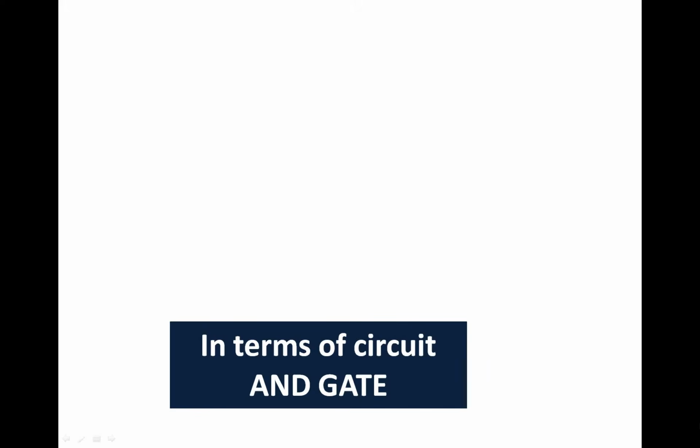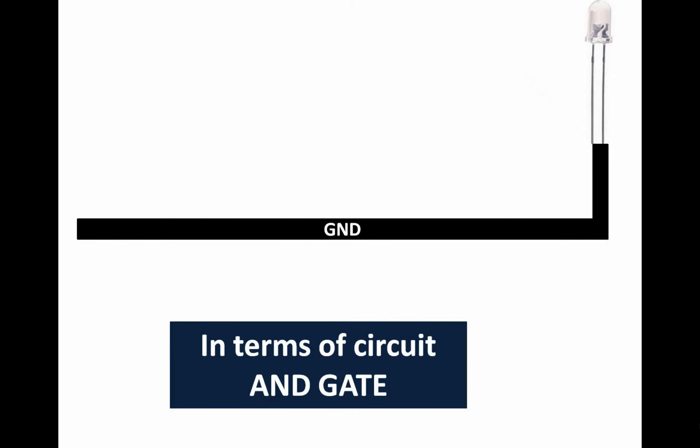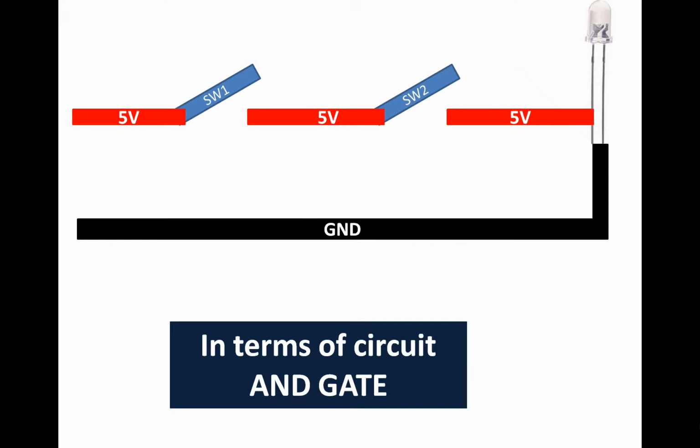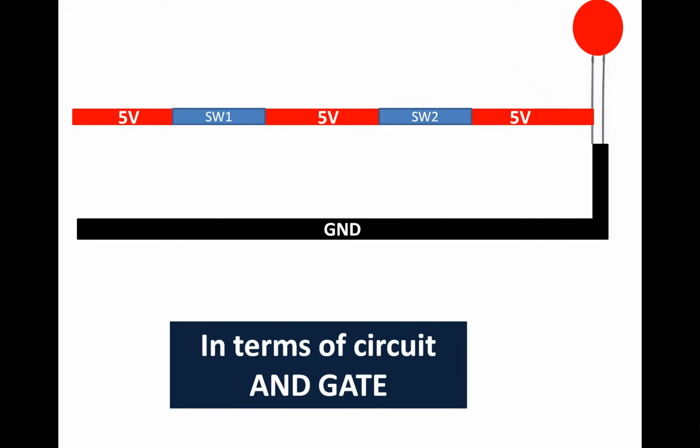Now let me explain this further. Now in terms of circuit for the AND gate, this is our LED having two pins. One is power and one is ground as usual. You connect one pin directly with the ground. To the other pin, we connect two switches in series, switch 1 and switch 2. Now I turn off one switch, turn on one switch, the LED does not turn on. It means that it's an AND gate. Now when I turn on the second switch, only then the LED turns on. It means the output will only be 1 in case both A and B are